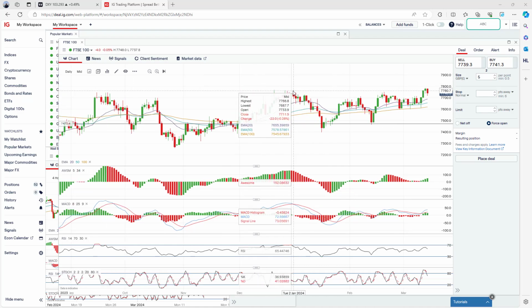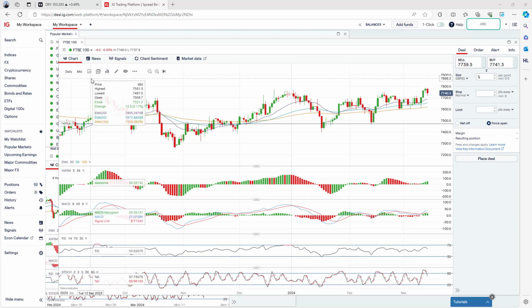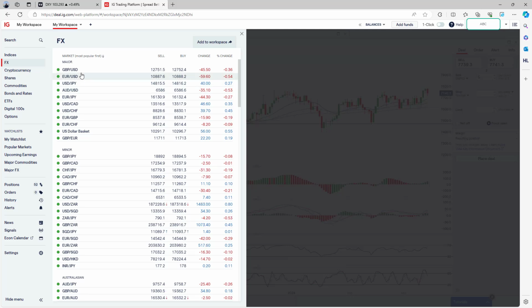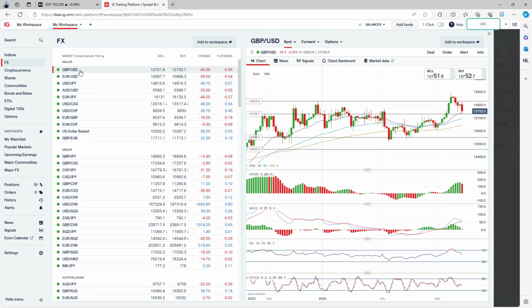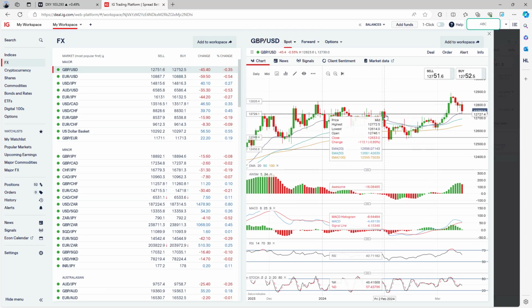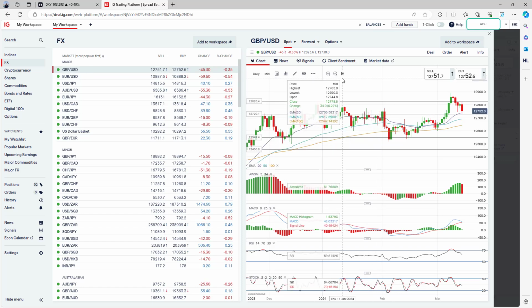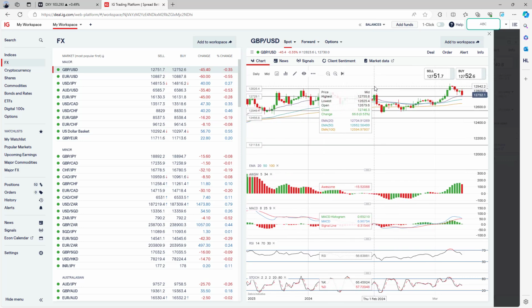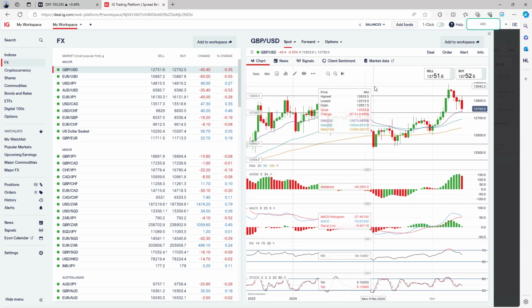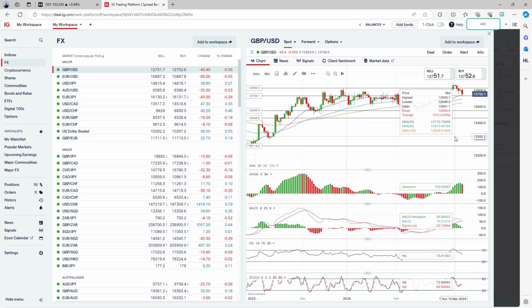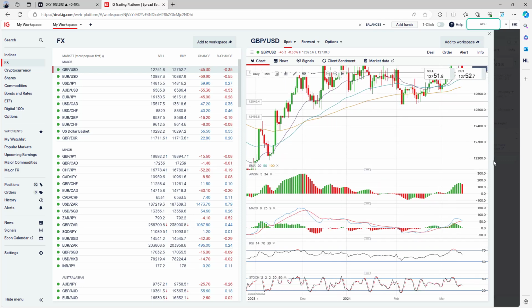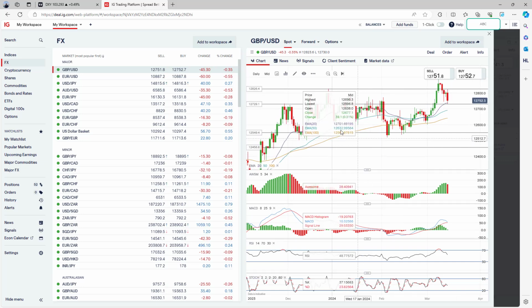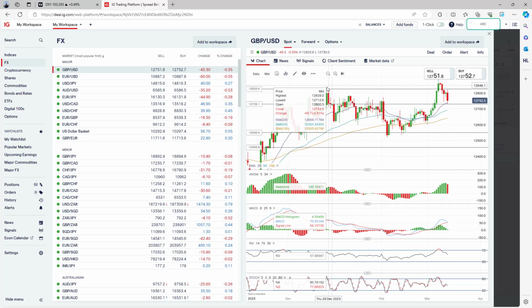But here is a chart, and I've just opened a chart, and I can do this again. Let's go into FX over here, and let's just click on this market, and there's a chart right there. I can do all sorts with that chart. I can literally add it to a workspace and have a little scroll around with it and play around with this chart. It's absolutely fantastic. I love charts. I can make them bigger and smaller in here, and I can change the time frame of